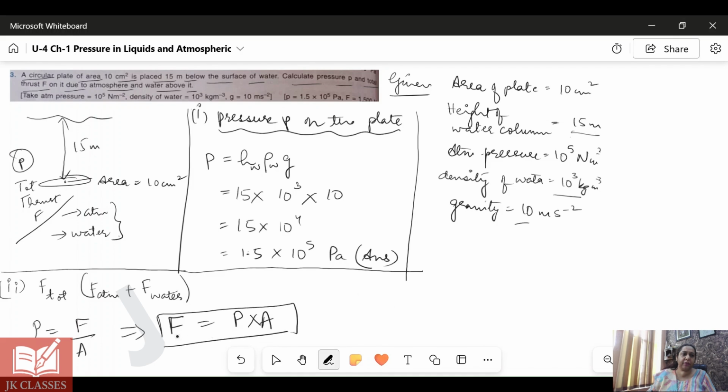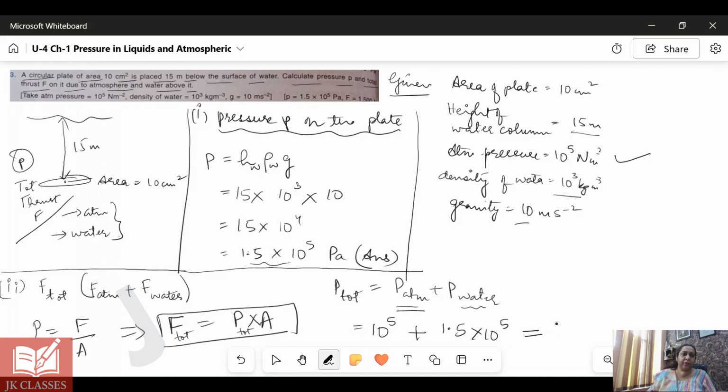Now here, since we have to calculate the total thrust, so we also need to find the total pressure. So that is, total pressure will be pressure due to atmosphere plus pressure due to water. Now pressure due to atmosphere has been provided to us as 10 to the power 5 Newton per meter square, and pressure due to water we just found out in the first part, that is 1.5 into 10 raised to power 5,